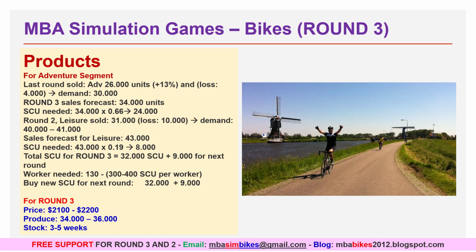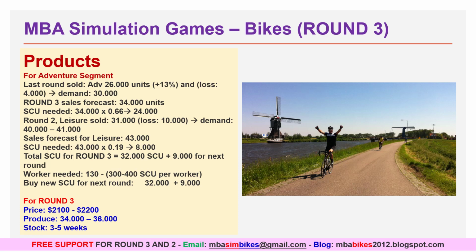Better competition with competitors. For the adventure product in round 2, we set the demand at 30,000 and sales focus 34,000 units. We need around 34,000 production capacity units. For lasers, we sold 31,000 in round 2, and then we calculate the demand of 40,000 in round 3 and need 8,000 production units. So we will need a total of around 32,000 production units, and we add about 20% capacity for the next round,